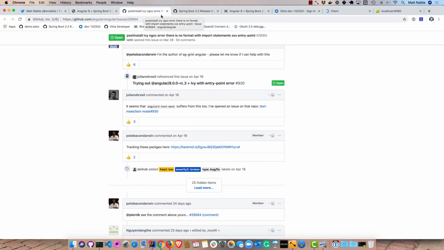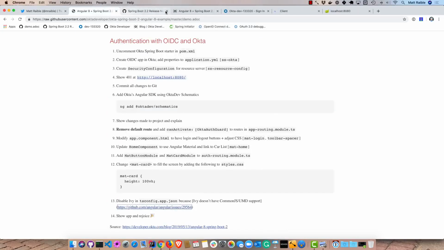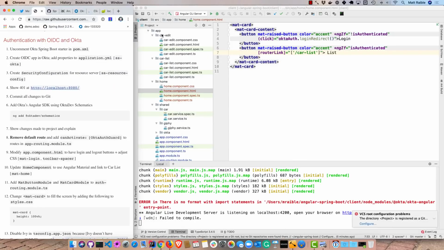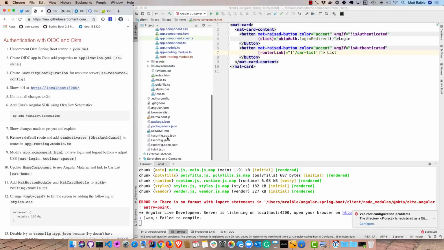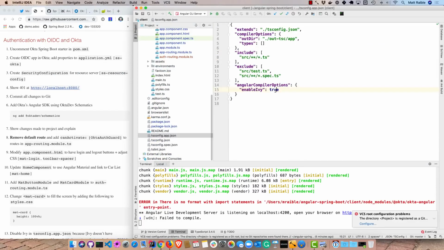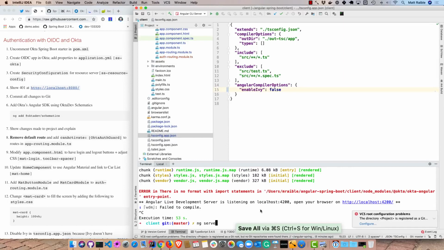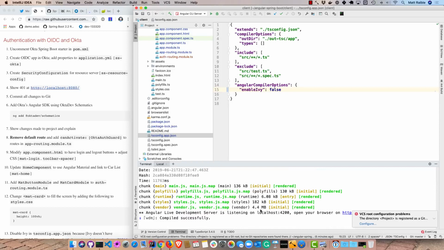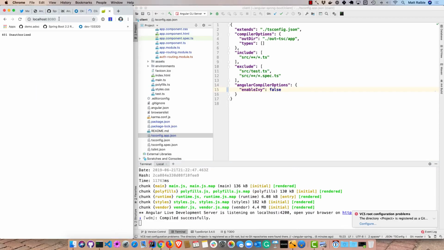When Ivy is released in September, I believe it will be fixed, or there will be support. So watch for that. In the meantime, what you can do is go into tsconfig.app and turn off Ivy support. So unfortunate, but it's still opt-in and beta, so hopefully it'll be available soon and work with our Okta Angular module. So now if we go back to our app, localhost 4200,